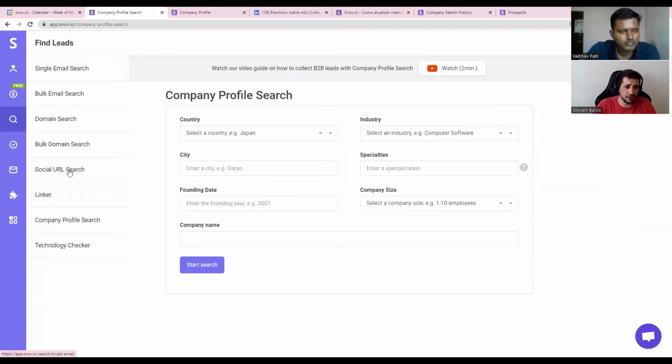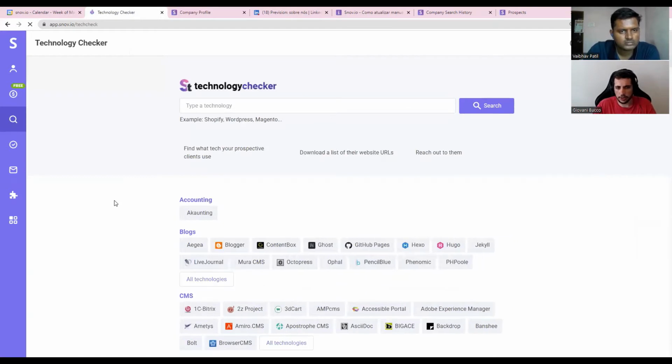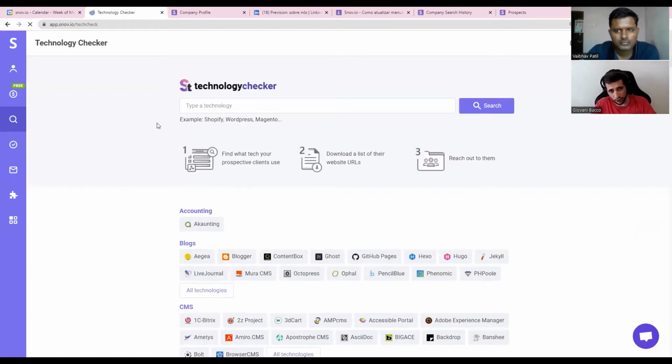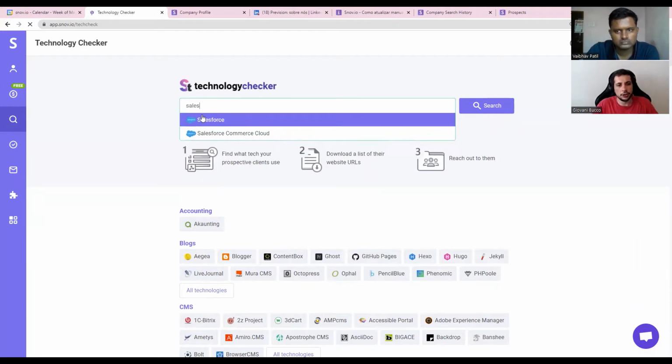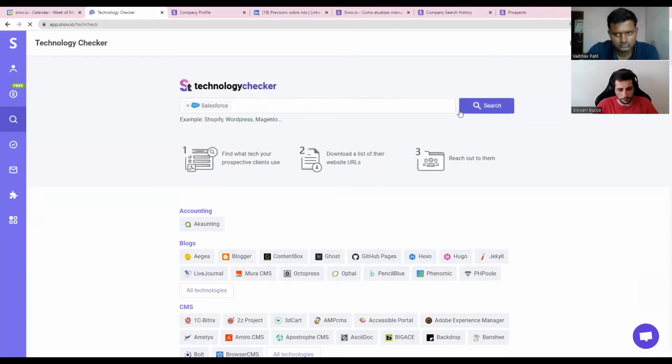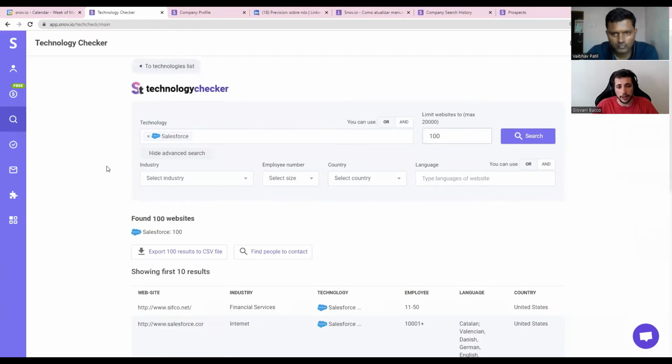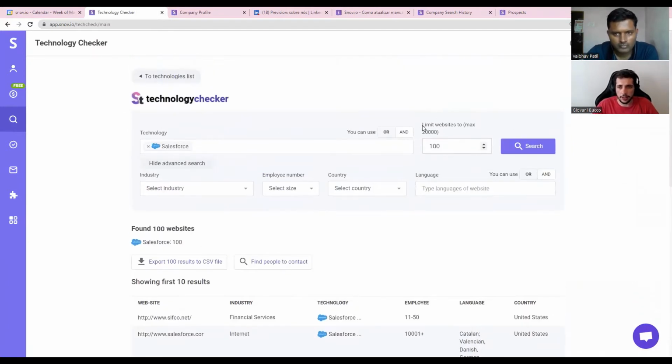And one other tool that I like a lot is the technology checker. So let's say I'm a Salesforce consultancy company. I can find companies that use Salesforce, and I can search for that. And they can give me up to 20,000 websites per search.